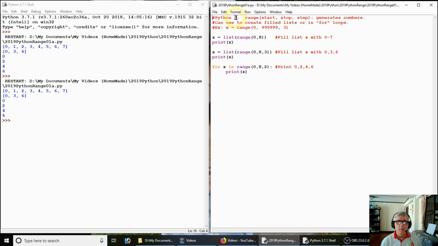Let's take a look at the Python 3 range command. It does a couple interesting things for us. The first thing we'll talk about is just the format of it. It's range, the number where you want to start, the number where you want to stop, and the steps you want to take. So you can take steps of 2, 4, 6, 8, or odd numbers 3, 5,